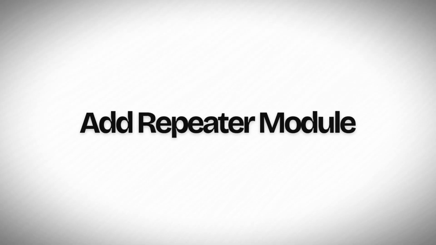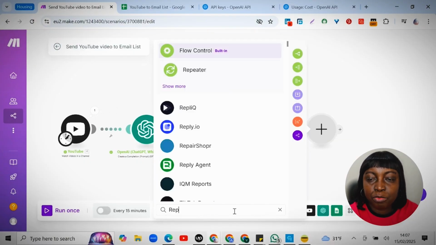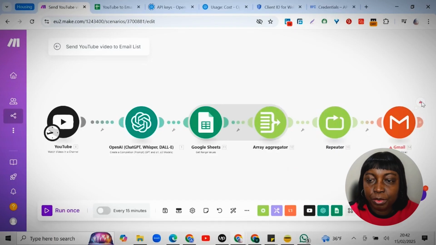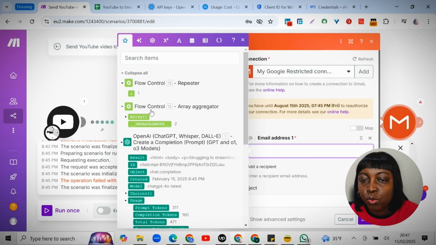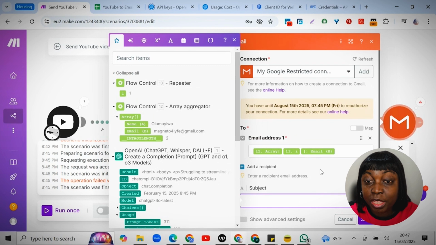Now that it works, we need to add a repeater module. This tells Make.com to repeat the next step for each email in the list. Finally, we add the Gmail module. You can also use Outlook, Gmail, or Yahoo Mail and set it up to send the AI-generated email to each